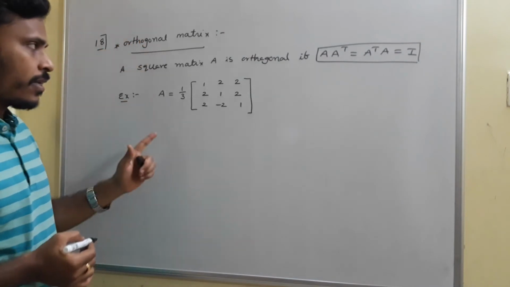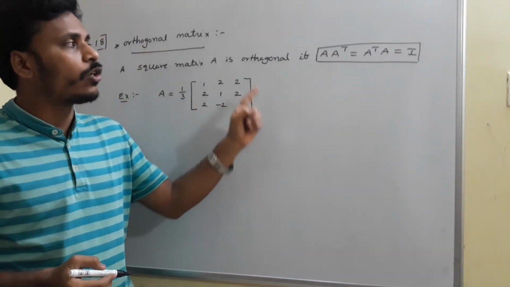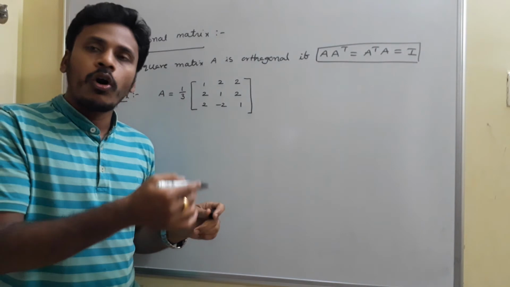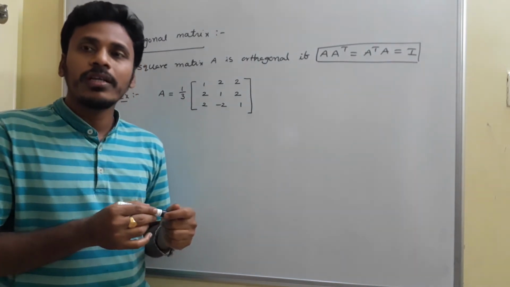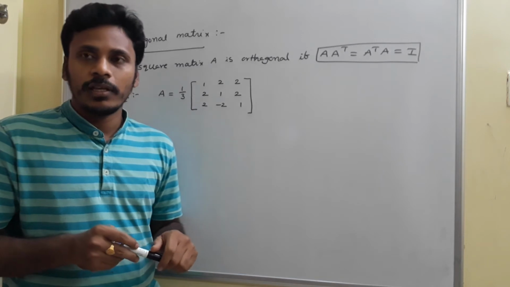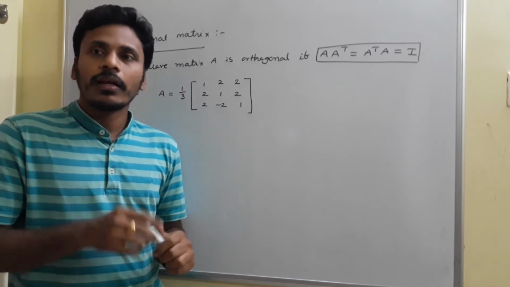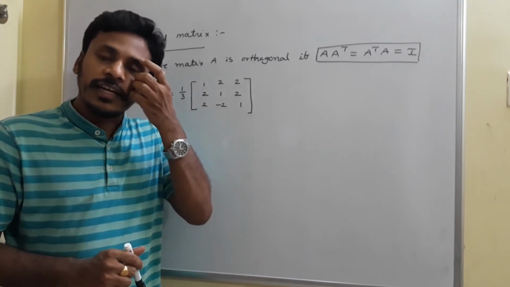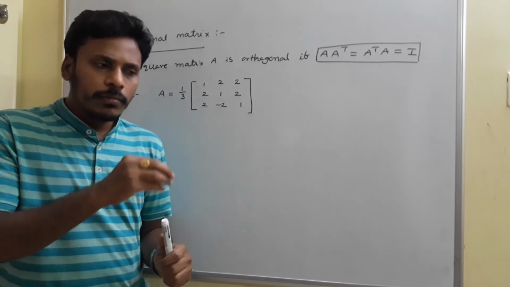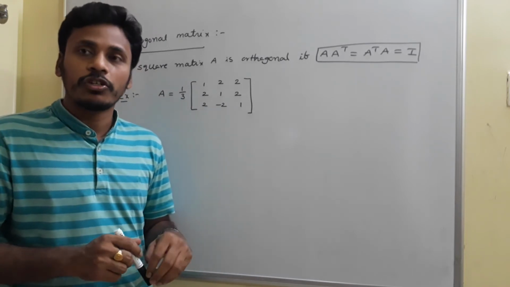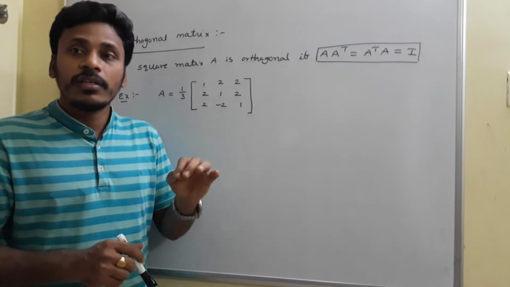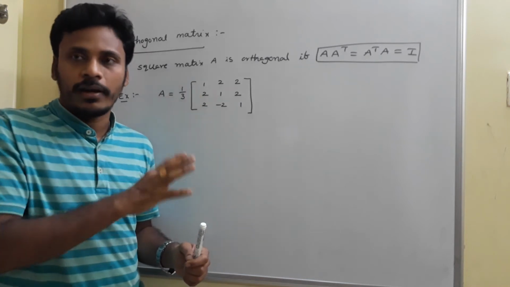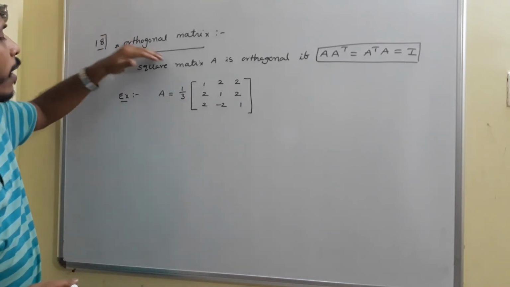Pay your attention to the orthogonal matrix. A matrix is called orthogonal if A into A transpose equals A transpose into A equals identity. Among all the different types of matrices, orthogonal is somewhat special, because you usually get questions on the orthogonal matrix in JEE Mains as well as in state board competitions. Repeatedly, two to three times, there is a question from the orthogonal matrix in JEE Mains. Since it is important from the exam point of view, we need to pay more attention to it, and that's why I mention the orthogonal matrix as point 18.